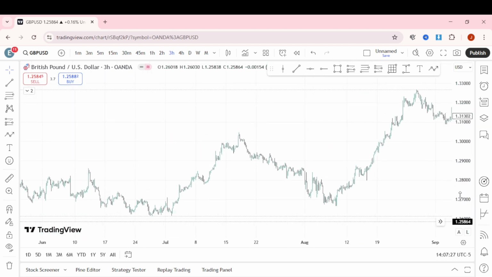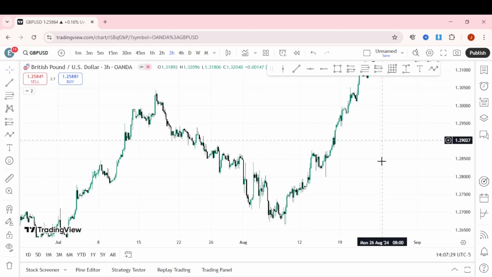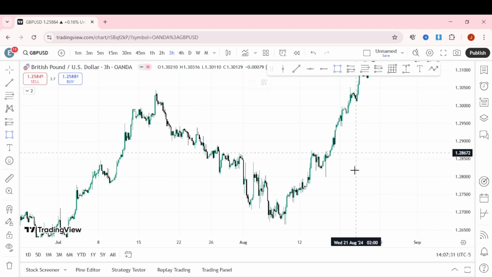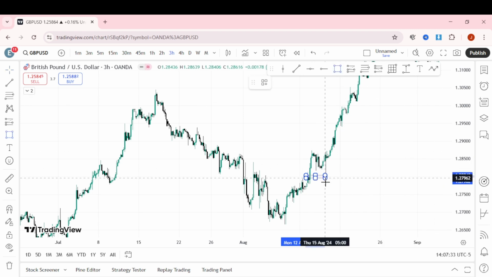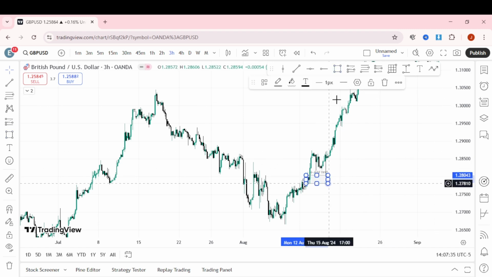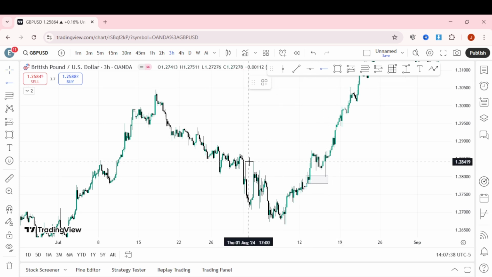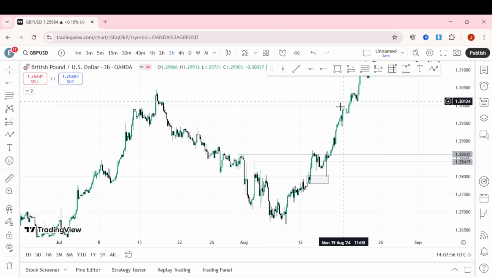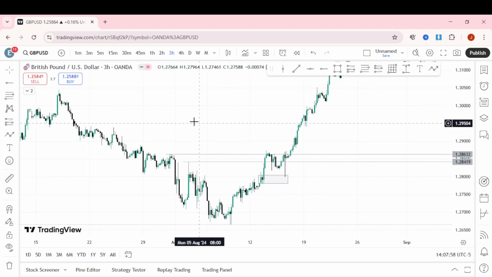So this is a 3-hour time frame, right? So this certain order block is a valid steering breaker. So why is it a valid steering breaker? Because it broke this high right here, and it broke this high. So if we're going to make a pattern out of this range,